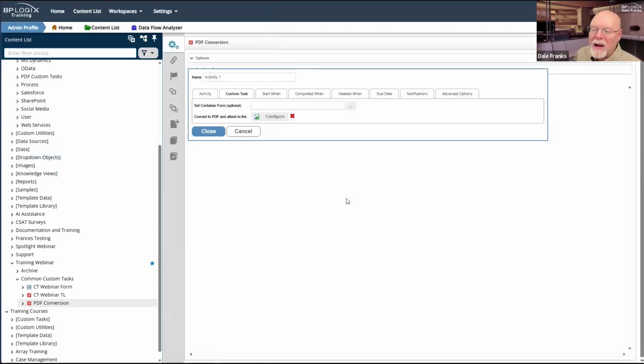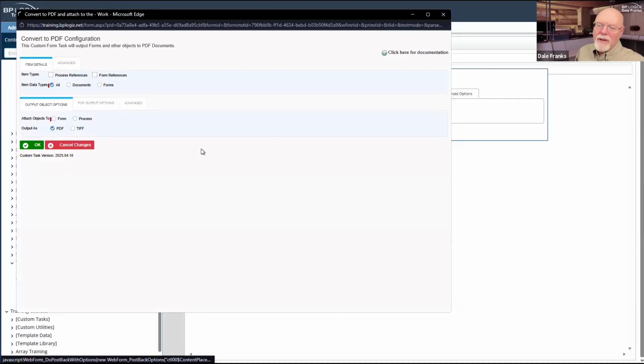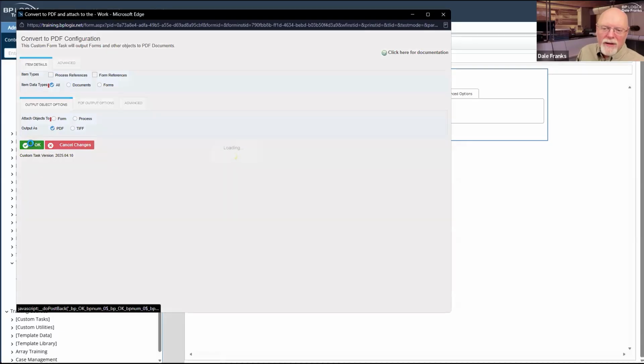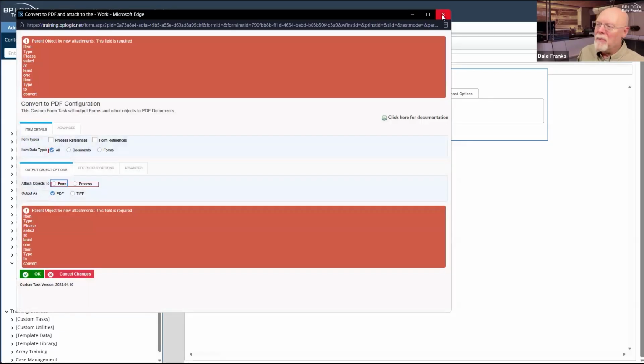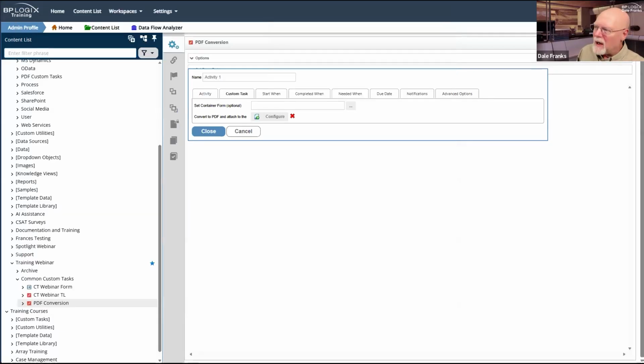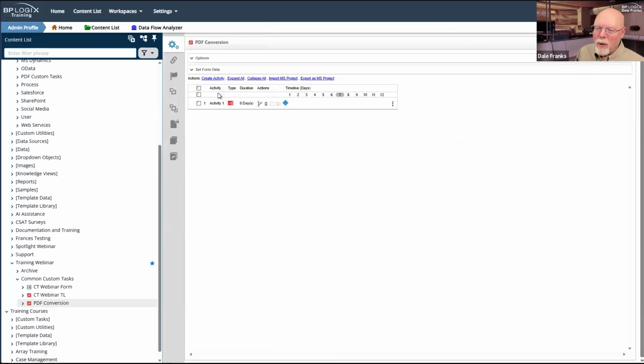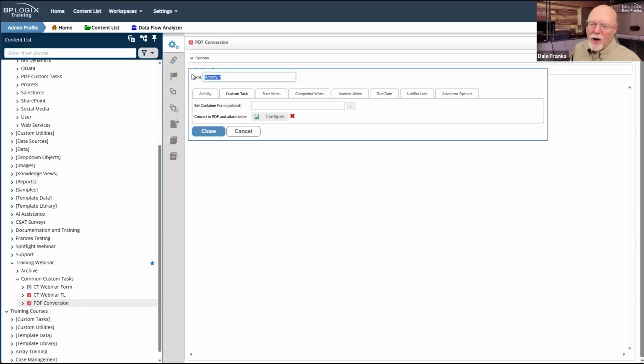We'll add that custom task. Obviously, there's some conversion that we would have to do for whatever it is that we're going to convert. I'm not going to set it up here, but it's going to exist. I now have a process timeline that will do a convert to PDF on that activity. In fact, we'll just call this activity